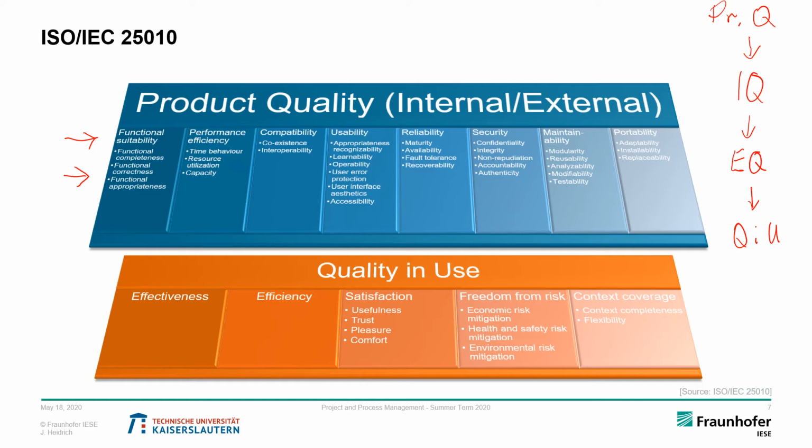So for instance, functional suitability, so how well the software basically suits the functional requirements, is broken down into functional completeness, functional correctness, and functional appropriateness. And for all these terms, you find definition specifications of what is meant by that. So let's dig through these aspects on the high level. We've already